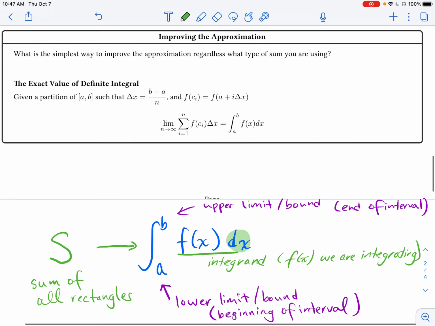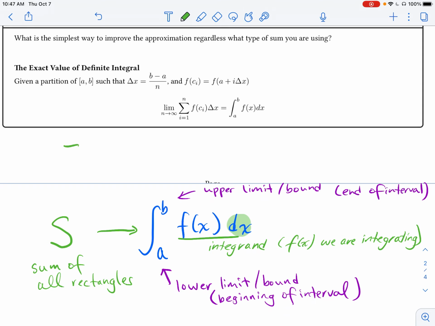And you might ask yourself, well, why don't we just use the sigma notation here? Doesn't that represent the sum? And you'd be right, that would give us a sum. However, it's not so much that we are finding the sum of all the rectangles per se. This symbol actually tells us that we are finding the limit of the sum of our rectangles. We're finding the limit that this sum approaches as the number of rectangles that we have approaches infinity. It's the limit of the area, or the total sum of all the rectangles' area, as the number of rectangles